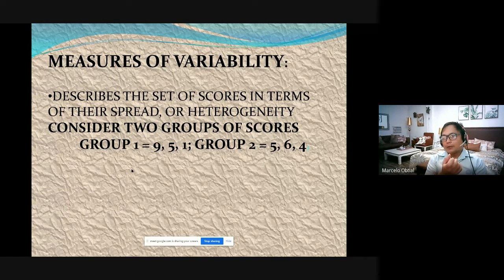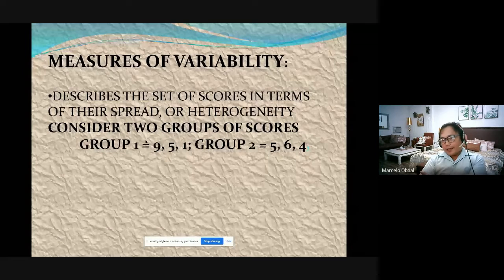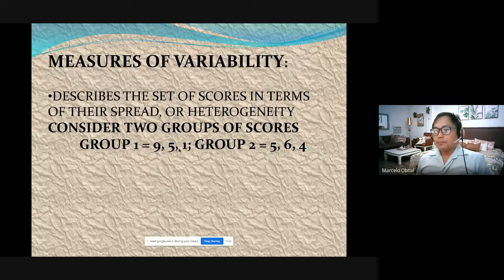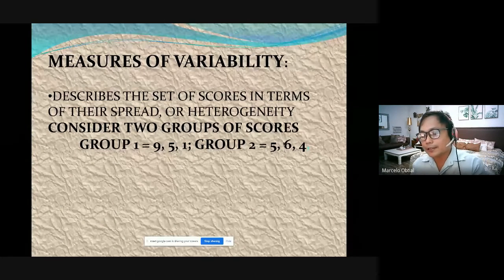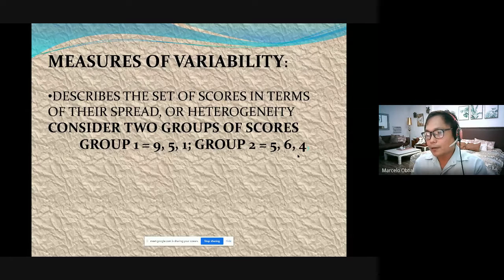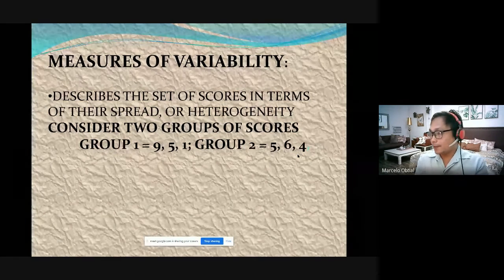So kung ako mag-analyze nito, maybe I will compare the highest data doon sa lowest na data or scores. In group 1, ang highest data is 9, okay? Ang lowest is 1. If we get the difference, that's 8. So pwede ko masabi na malayo yung pinakamalaking value doon sa pinakamaliit na value dito. Compare doon sa group 2, 6 ang pinaka-highest, 4 yung pinaka-lowest, which is the difference na 2, okay? Kasi sa group 2, 2 lang. So doon ako nagbase ng aking answer that mas nagba-vary yung group 1 kaysa group 2 kapag you compare yung pinaka-highest sa lowest.